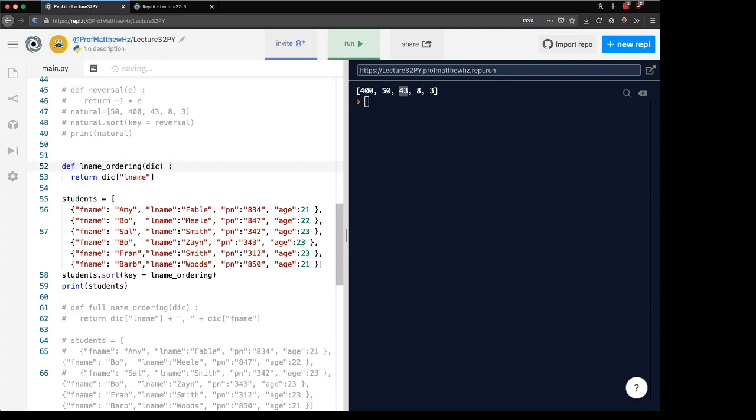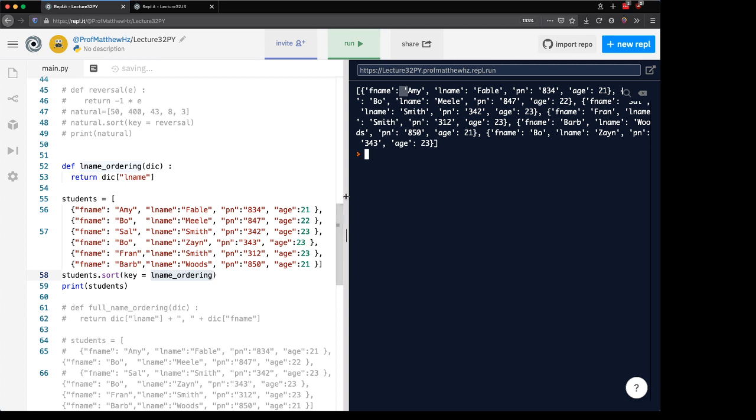So here is my key selector function. I called it LNAME ordering. For each of the entries in this list, it's simply going to return the value associated with the key LNAME. And to make it work, I have to say key is assigned, and then I give it the name of my key selector function. It is going to be able to work